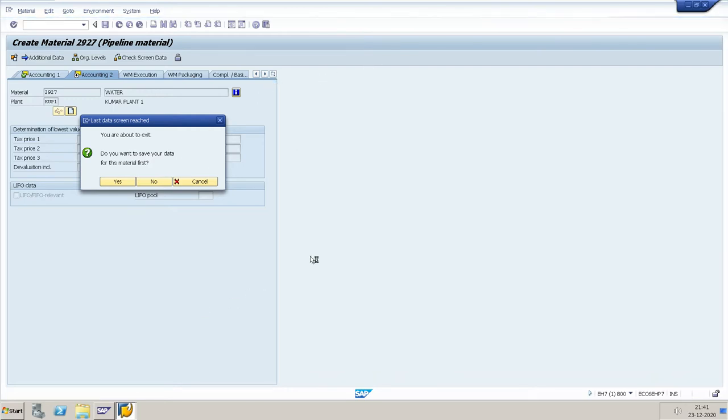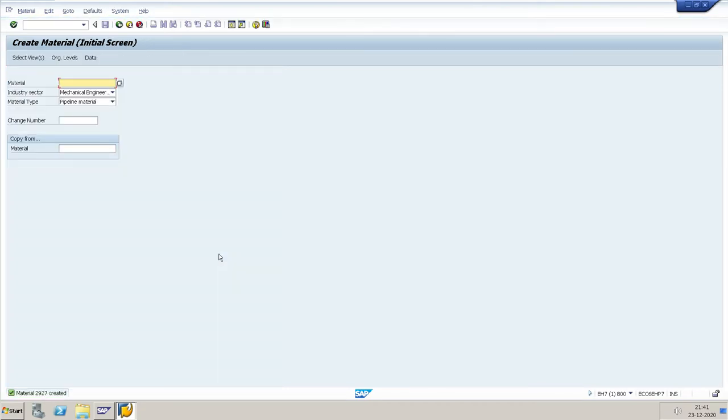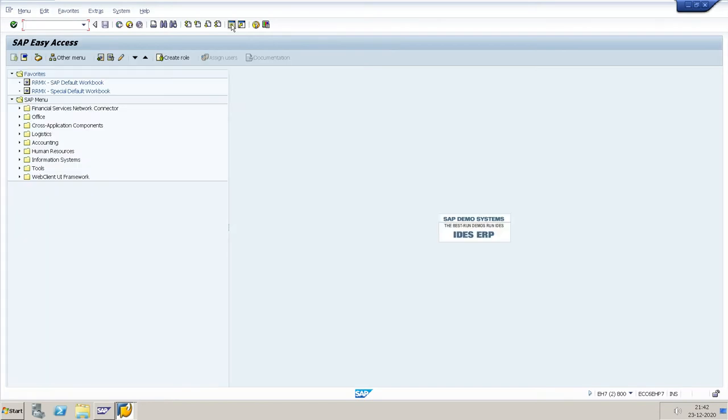Next step is to create the vendor for pipeline material. The pipeline material code is created. You go to MM60 to see the material list.